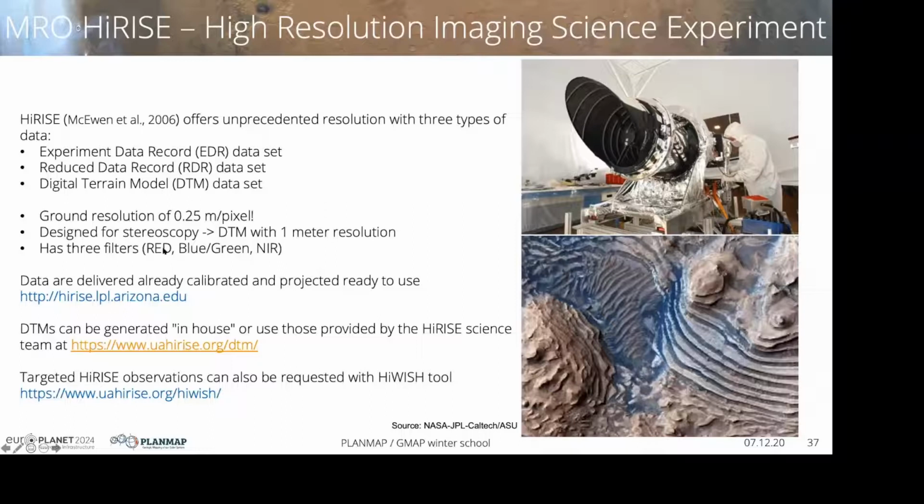Also with color filters, red, blue, green, and near infrared. Data are derived and calibrated. You can do it yourself, or you can download them from the website of the instrument, as well as the DTMs. And you can also ask for observations. So if you're interested in a particular area on Mars, and you really want to have a super high detail observation, you can register to the HiWish